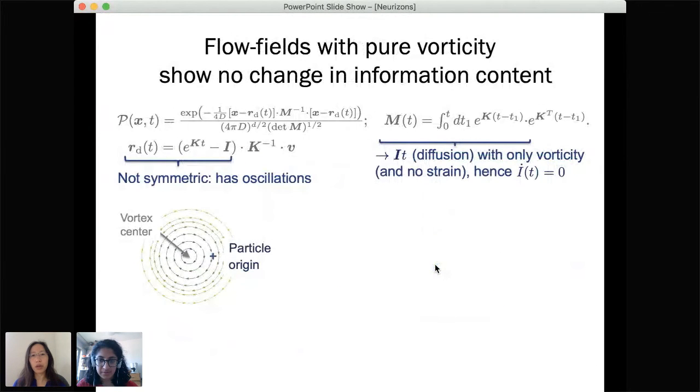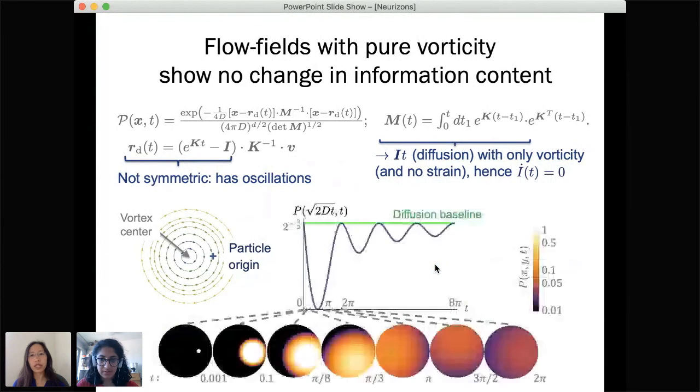And then we can also look at what happens if you just look at a pure vortex. And interestingly here, we see that this kind of flow has the same kind of information profile as just pure diffusion, but now we get very nice oscillations because of this vortex. And so this is really a place in which we see that it could be a way of capturing particular transmitters or signaling molecules in the vicinity of that vortex, which just goes around.